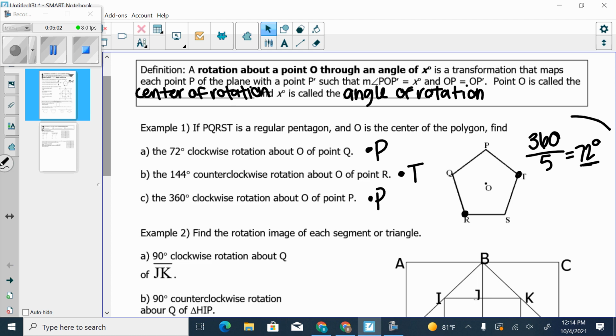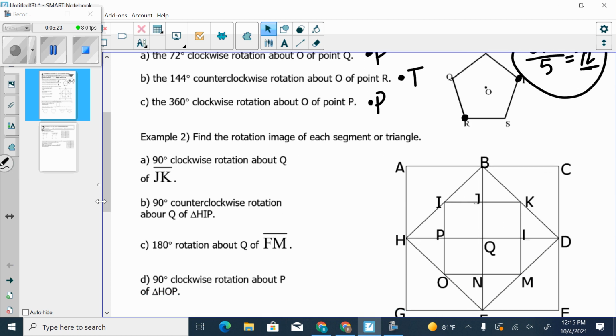So we're going to be able to use this idea to help us figure out how many degrees every section is worth in a figure. It's just going to depend on how many sides the figure has. Right? So that can change depending on the size of your figure. Okay. All right, next section